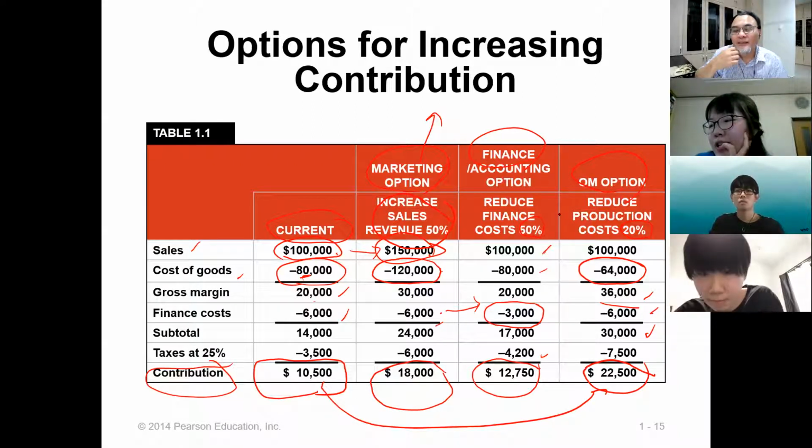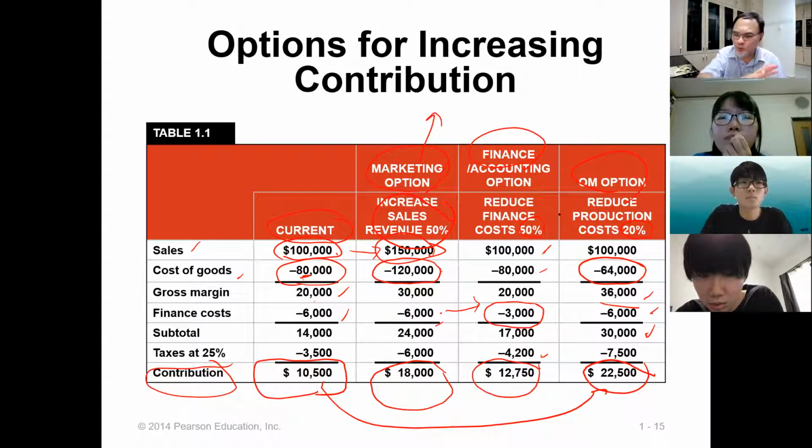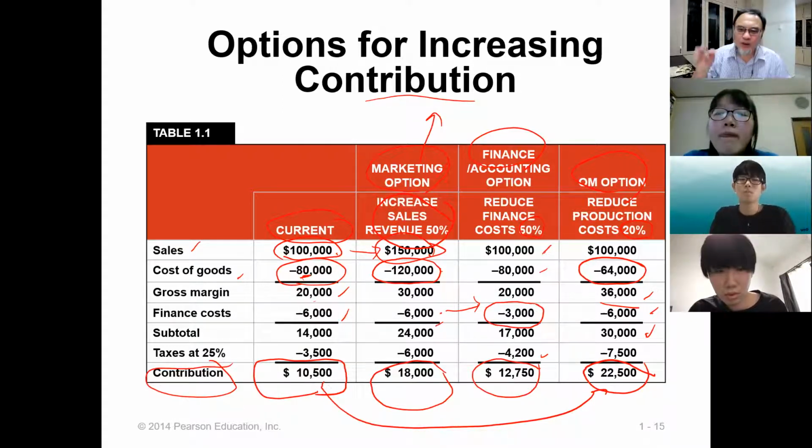I want to ask about economies of scale. It's not considered inside here because economies of scale is another aspect. So we assume there is already economies of scale. The company is producing high volumes already, but we are thinking of what is the option for increasing contribution to the company, in terms of whether a marketing strategy is important,